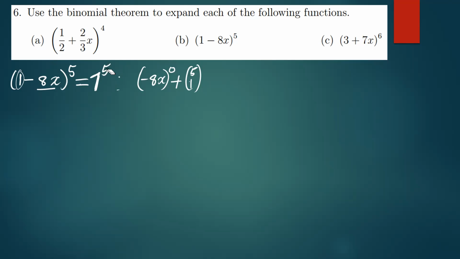Okay, for the sake of understanding, I like treating everyone as if you don't know anything, but you know what I'm talking about. It's important to do that because not everyone knows everything. There are some people who are simply learning this for the first time. So we have 5 choose 0, and then 1 to the power 5. 5 choose 1, 1 to the power 4. And then we have